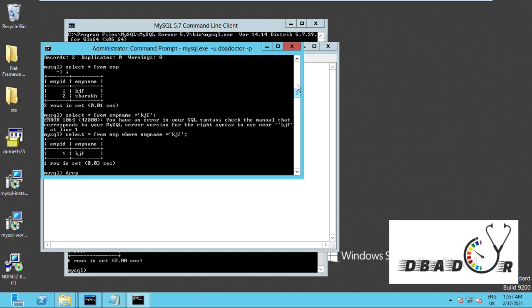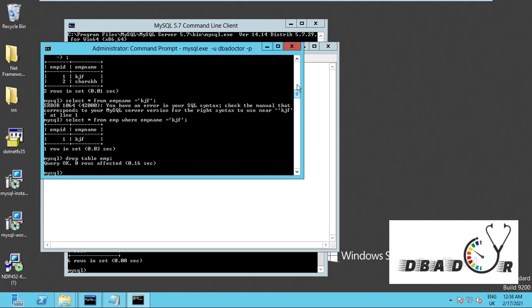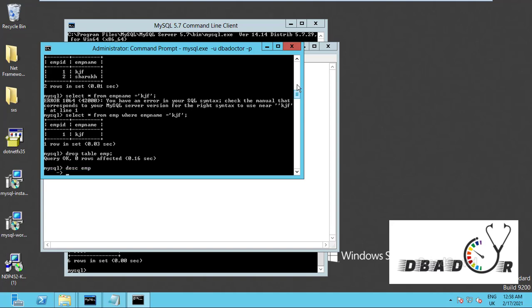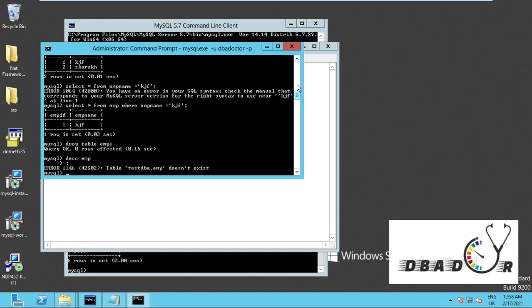Before dropping, I'm dropping a table. Drop table. Drop means deleting the table. Drop table name. Okay, and it will drop. If you see now, describe emp: table test dba emp doesn't exist. That means the table is dropped properly.